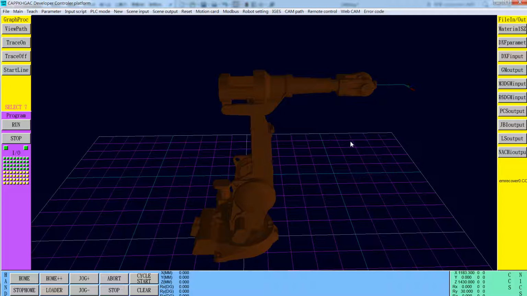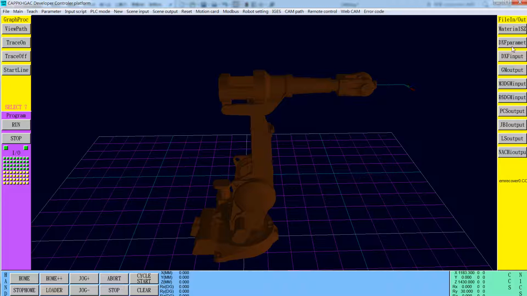Then you can, along the 3D edge, cut the edge or grind the edge or do zigzag along the surface. Right now, just to simply demonstrate the DXF input for 2D